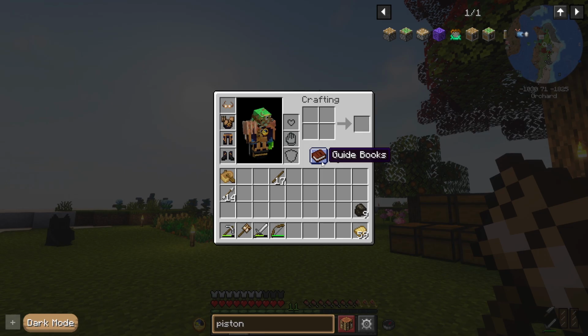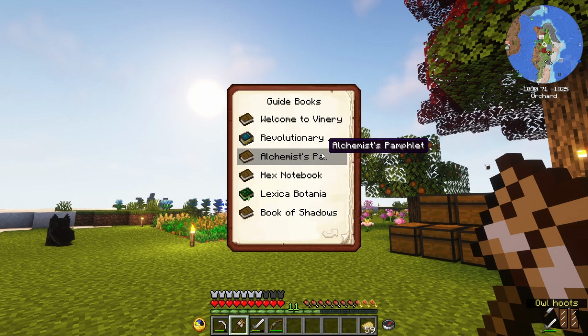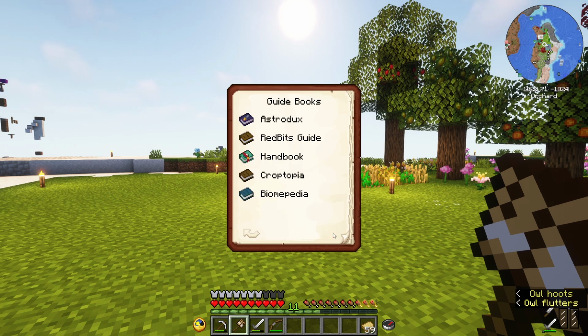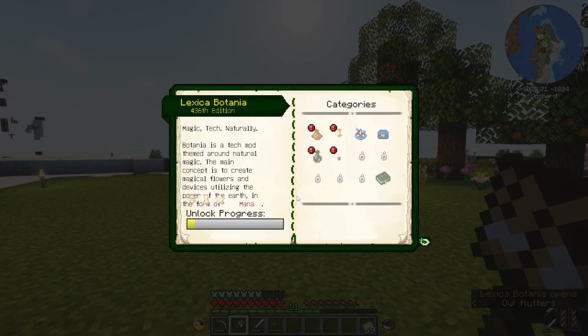Oh, I didn't realize that we have all the books here in one handy place, which is so handy because I felt like there were some missing recipes. Like the Red Bits book didn't seem to have a crafting recipe and a few others didn't either. I guess there's no need to really have crafting recipes when they're all available from the beginning. That's cool. This is the one we're going to look at today though, Lexica Botania,